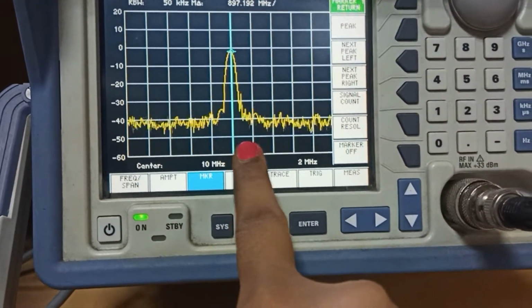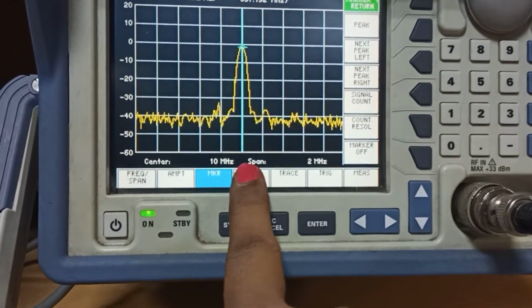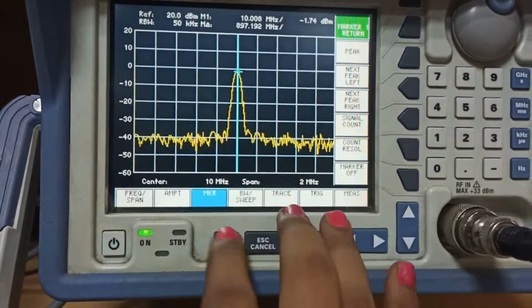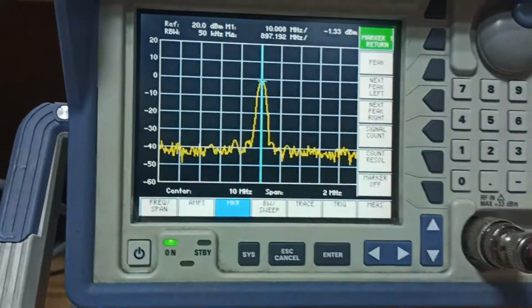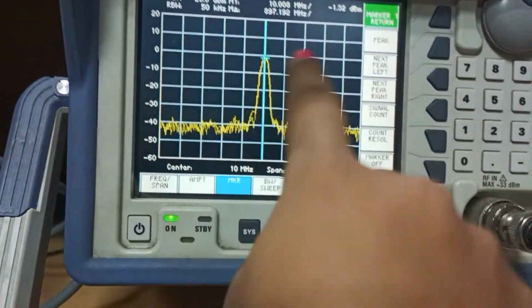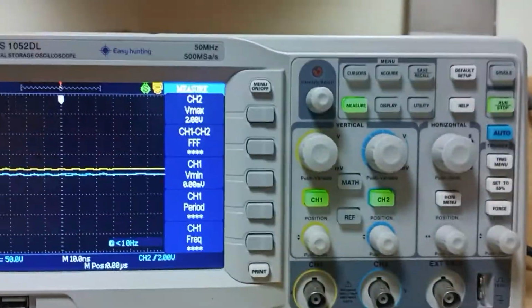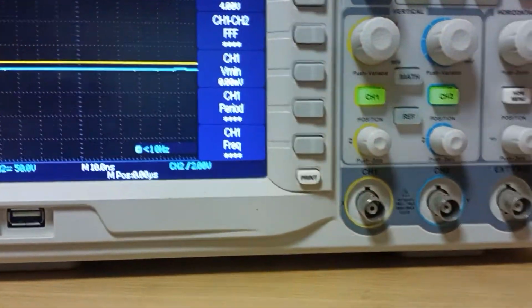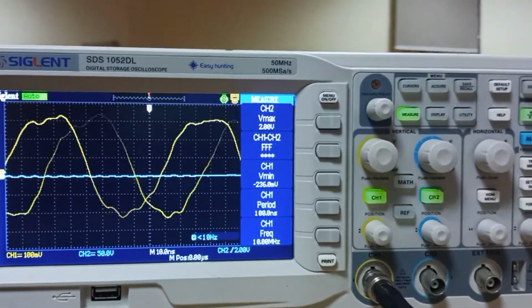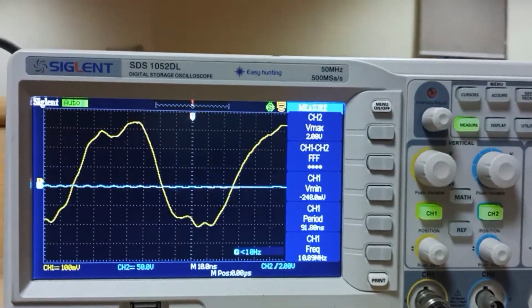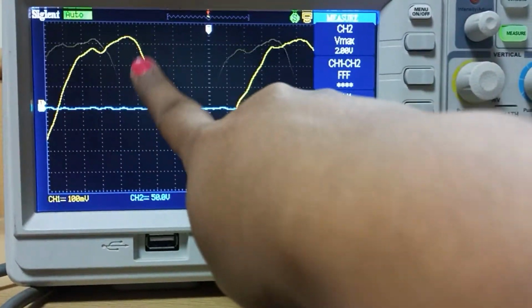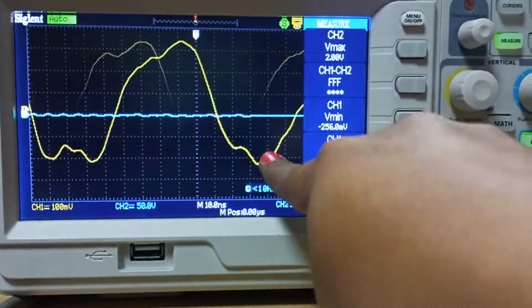So this is a frequency amplitude plot. A spectrum analyzer displays received signal strength on the y-axis against frequency, whereas an oscilloscope displays received signal strength on the y-axis against time domain.